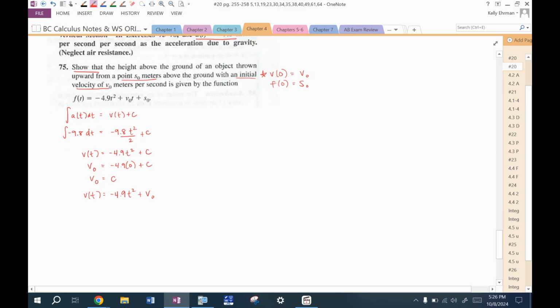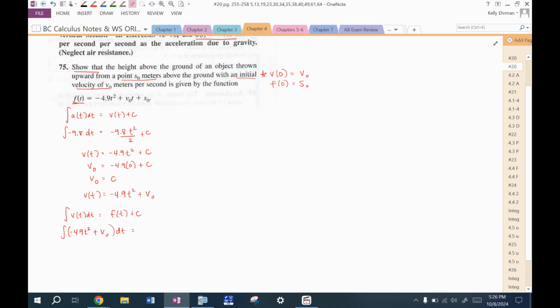Okay, then we do this again. Now I want to integrate v of t with respect to time, because that will give me the position function f, so that'll give me f of t plus some c value. And so I want to integrate negative 4.9 t squared plus v sub 0 with respect to t. When I do that, I get